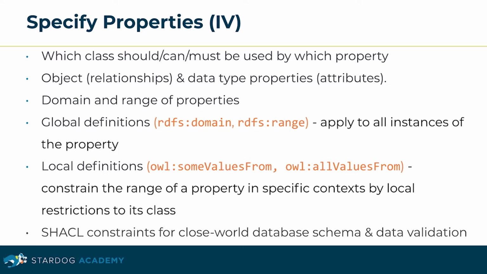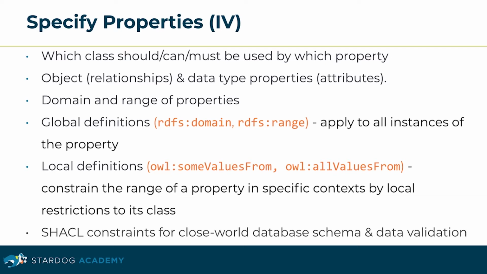The last step of the ontology development process is the specification of properties. We should look at which class should, can, or must be used by which property. We distinguish between object and data type properties, also called relationships and attributes. For each property, we have to define the domain and its range, and we can have global definitions such as